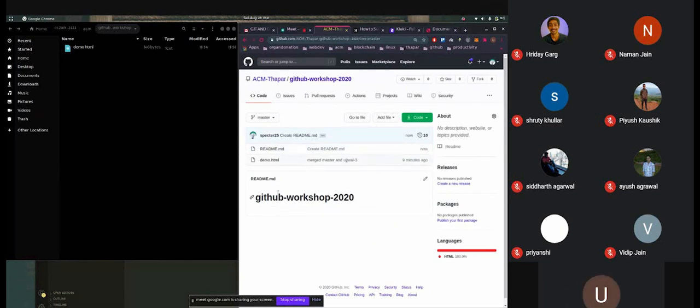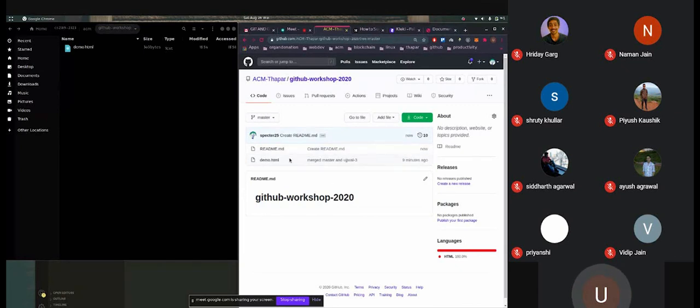See, I have two files here, and it is telling me this is GitHub Workshop 2020. I will show you better README files in a while. But initially, what I want to show is that now we have a file on the repository on GitHub, but we don't have the same change on our local repository in our computer.